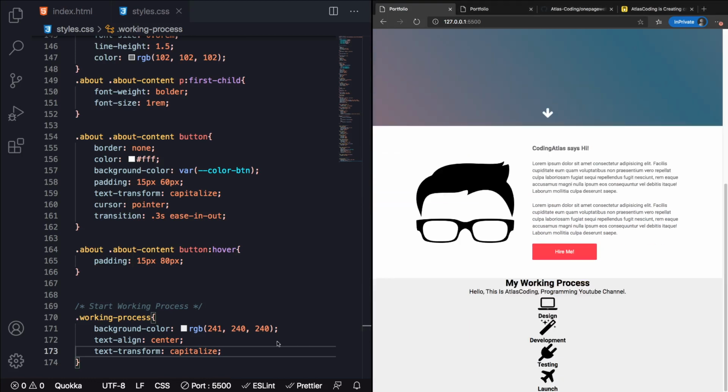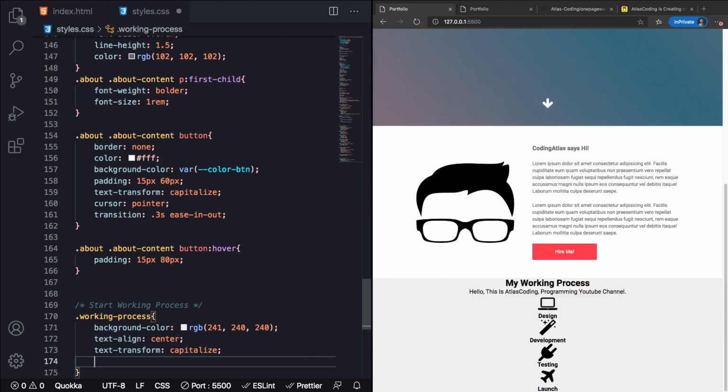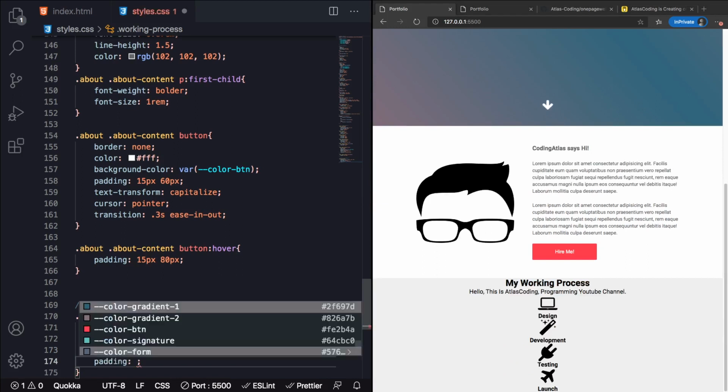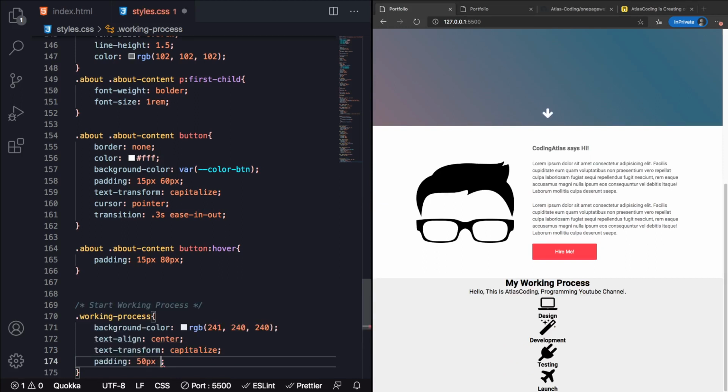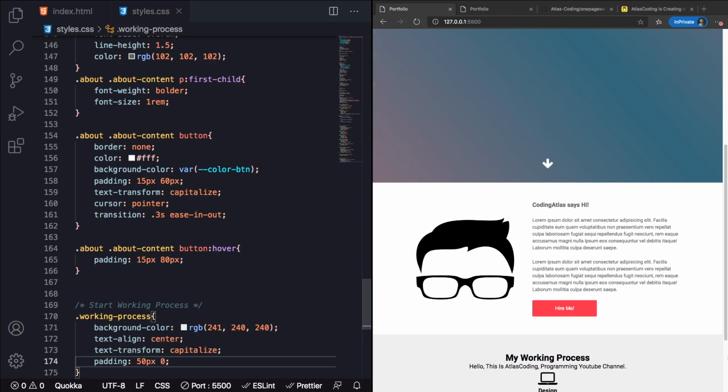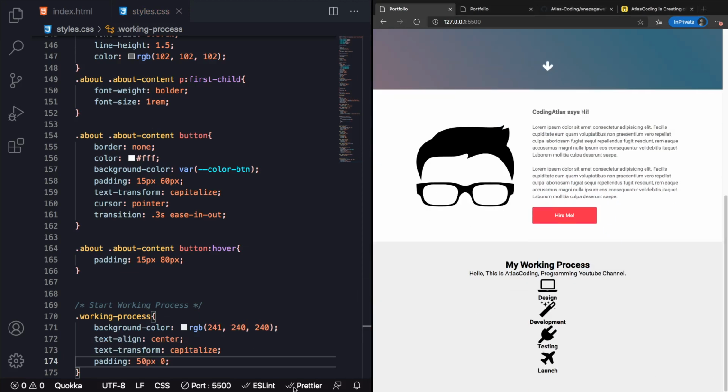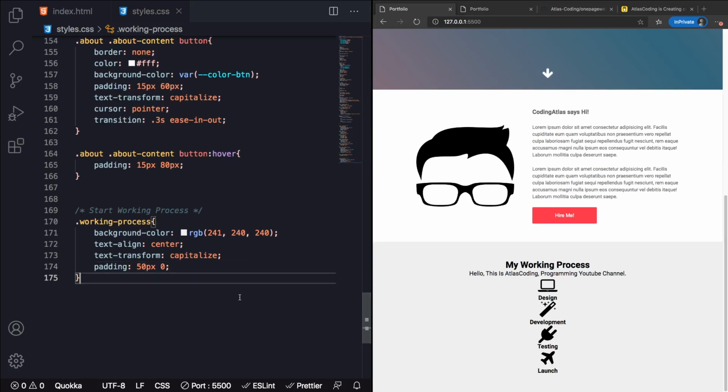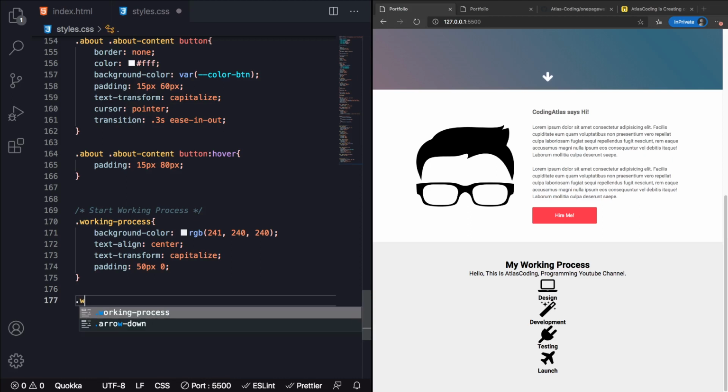And what else we want to make is a padding, of course, as usual, of 50 pixel 0. I forgot to add that to all the sections, okay, so that we don't have to repeat it over and over. Always remember one thing, which is DRY. Do not repeat yourself. And probably when you're going to start off working with JavaScript, you're going to hear this term a lot. So now let's just keep it with HTML and CSS, and let's go to working